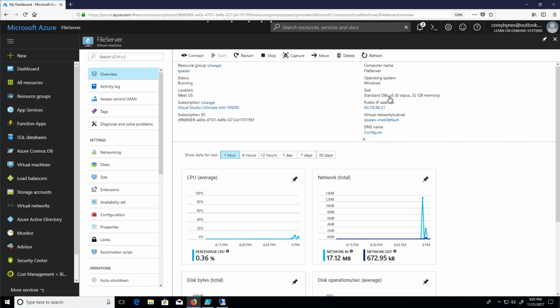So the number of disks you have is determined by the size of the VM that you elect to deploy. So that's part of your capacity planning. If you know you need a certain number of IOPS, you know you need a certain amount of space, that goes into the number of disks you need, which determines the size of the VM that you need to deploy. So this one supports up to 16 disks, and we're going to go ahead and just add an additional data